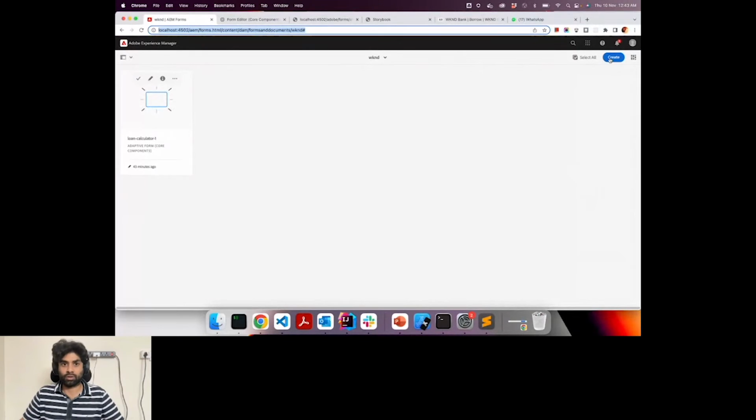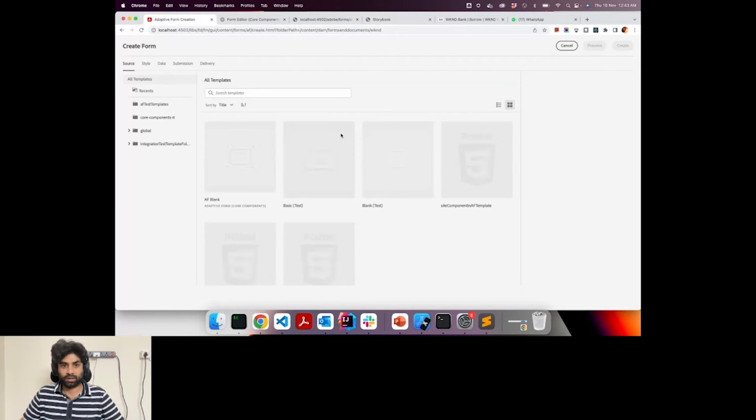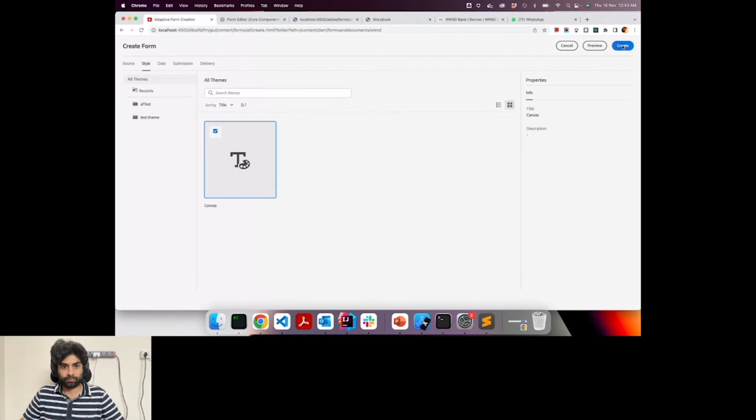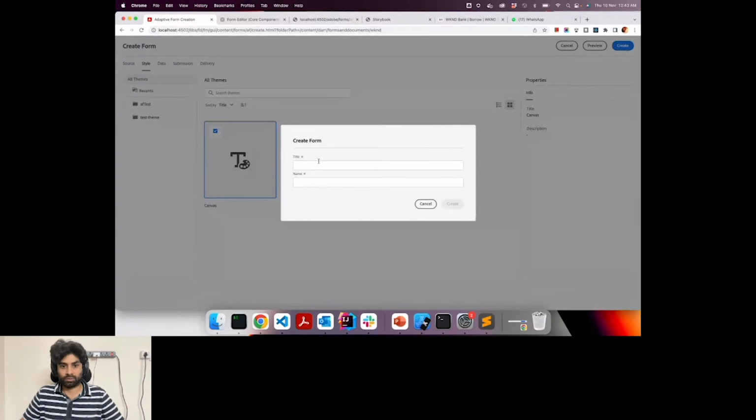So you go into AEM, on the Forms and Documents page, then you click on Create Adaptive Form, and the new wizard comes up and you select the template which says Adaptive Form with Core Components. You do not select any other, because only the one with the core components can be translated into a headless rendition right now. And then you select a theme and then click Create.